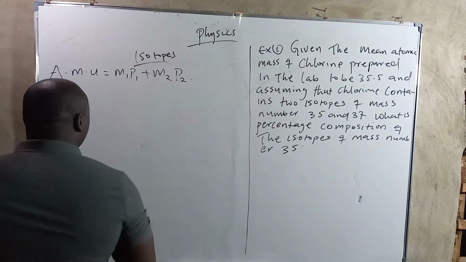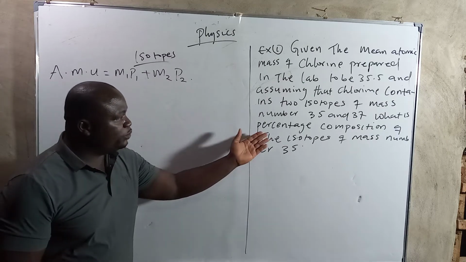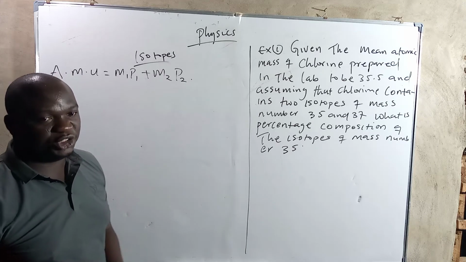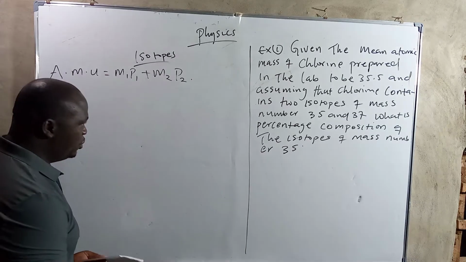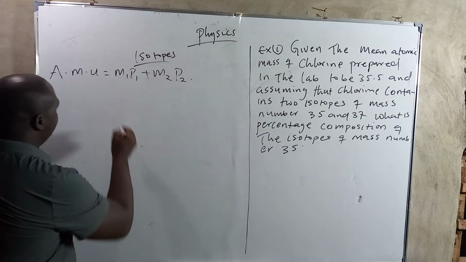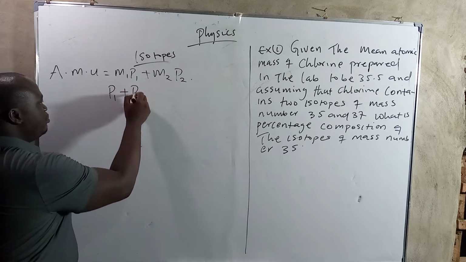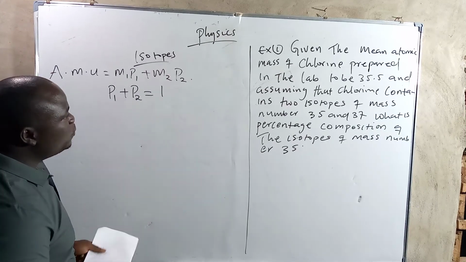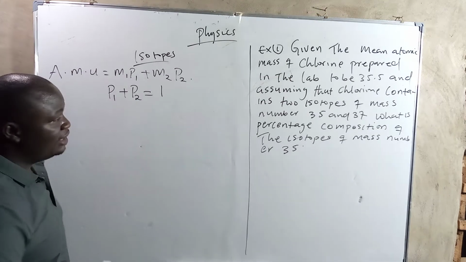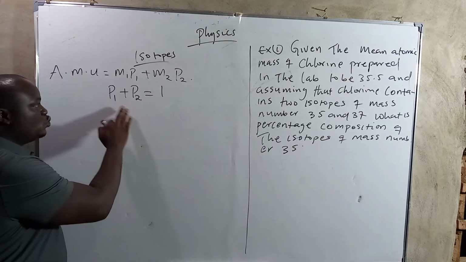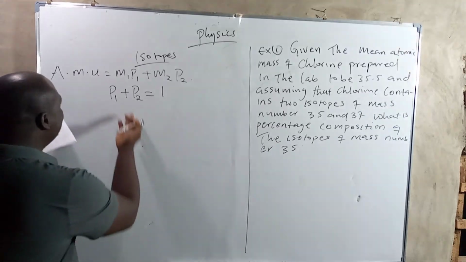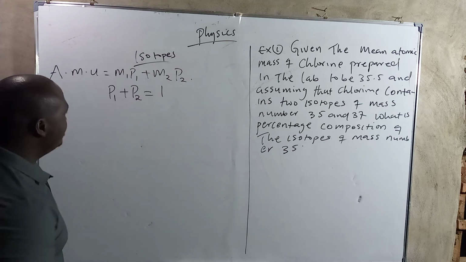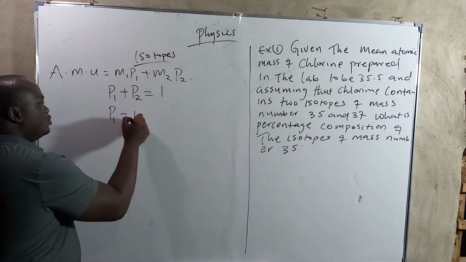Now in this question, we can see we don't have the percentage composition, and we are supposed to find the percentage composition. Remember, I told you in the previous video that P1 plus P2 must be equal to 1. Since we do not have any percentage composition, all you need to do is make one of them the subject of the formula, insert it into this formula, and your answer will flow naturally. If I say that P1 is equal to 1 minus P2,